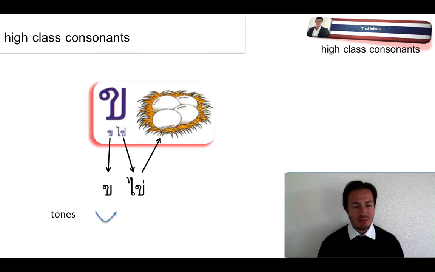As always, whenever there is no vowel added or written, displayed in writing, you just use the standard or default vowel. So here you say ka for the consonant itself. And you can see now that this tone is rising as opposed to what we had in the other groups, the middle class group and the low class group, where the actual neutral or natural tone is a middle tone. So you don't say ka, you say ka,